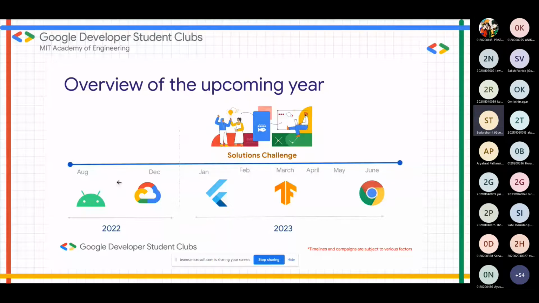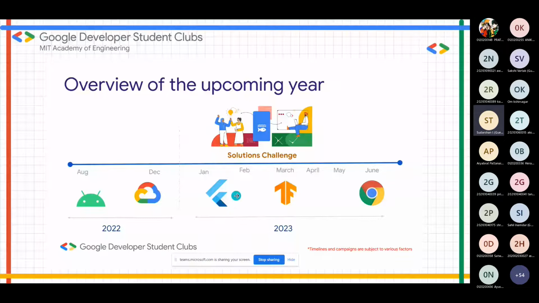From 8 September to 8 October, we will have the Jetpack Compose campaign, where you will learn Android using Kotlin. Then we will have a 30 days cloud campaign. In January, we will have a Flutter event. As you know, Flutter is a cross platform framework which we can use to develop both mobile apps and websites.